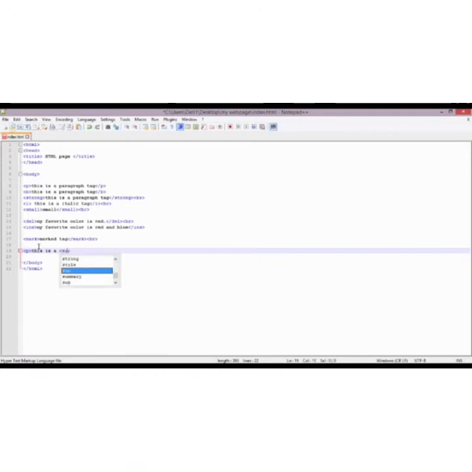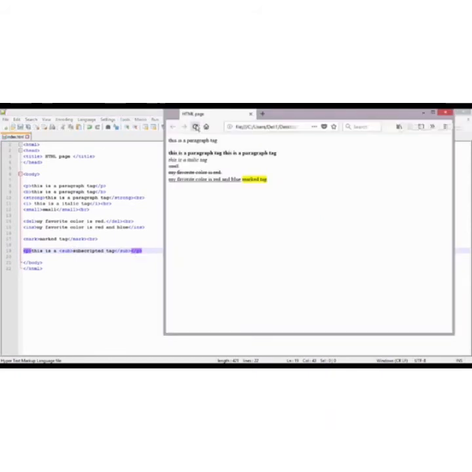So we'll use sub for subscripted and close it, and our text goes here. This is a subscripted tag, and after that we will close our paragraph tag, save the changes, and refresh our browser. This is a subscripted tag.